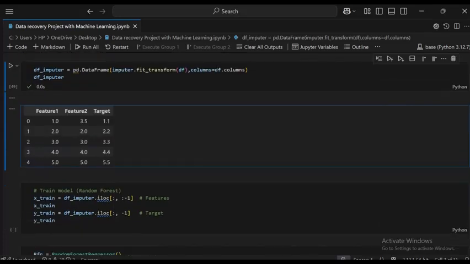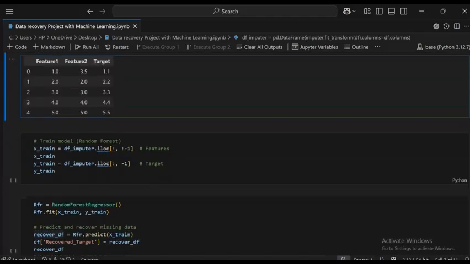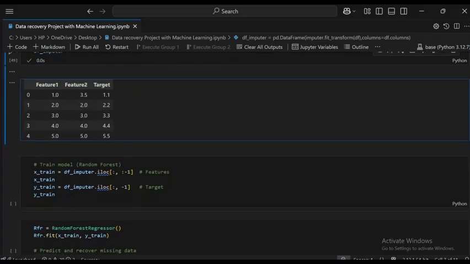Then next we train the data with a training model. I pass X_train as a variable name, where I set it equal to df_imputed.iloc, then I give the location: all rows, then a colon, then :-1, which shows all columns of data except the last column.